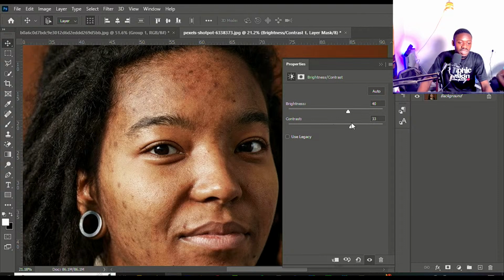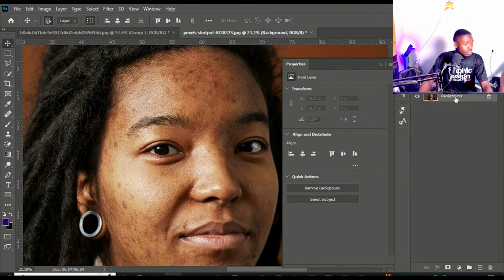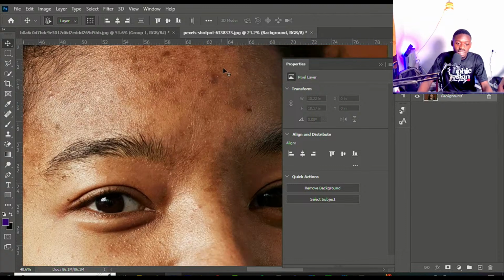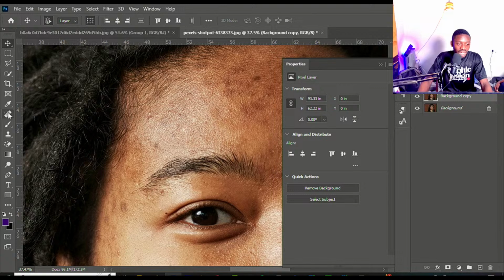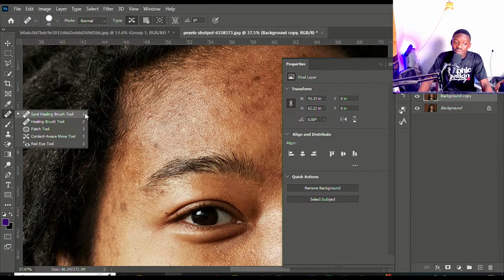Reduce the contrast or increase the contrast. Let's increase it so that we can see what we are doing. So you increase the contrast. When you select this background layer, you duplicate the layer. Take our spot healing brush tool